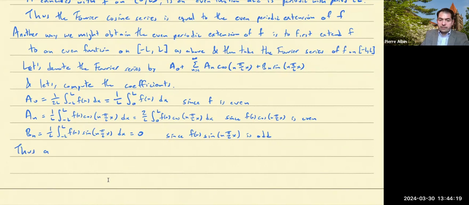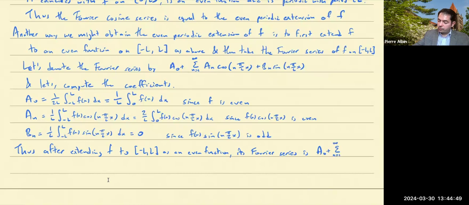Thus, after extending f to minus L, L as an even function, its Fourier series is just a0 plus the sum n goes from 0 to infinity, an cosine n pi over L x, right? So only the cosines survived this integration with the same coefficients